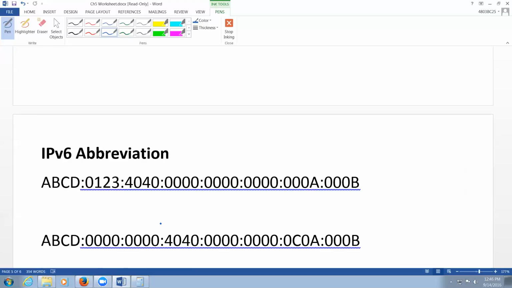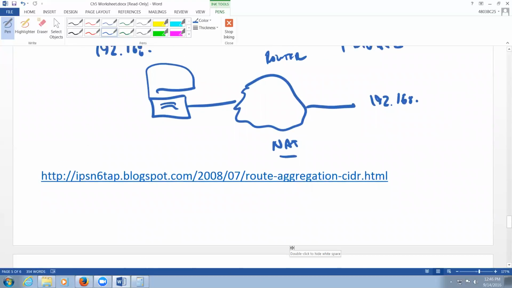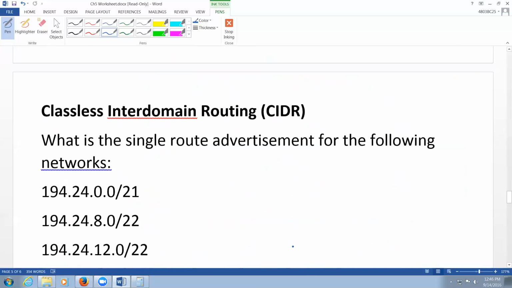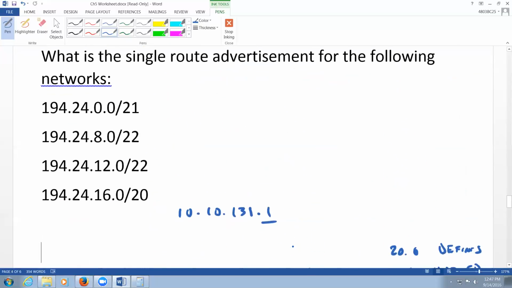So let's quickly go over IPv6 abbreviation. If we look at this, we didn't even go over CIDR either. All right, so CIDR allows you to have a single route to shoot out the different networks. If you look right here, we have a /21, /22, /22, and a /20 network. So if we look at these guys,